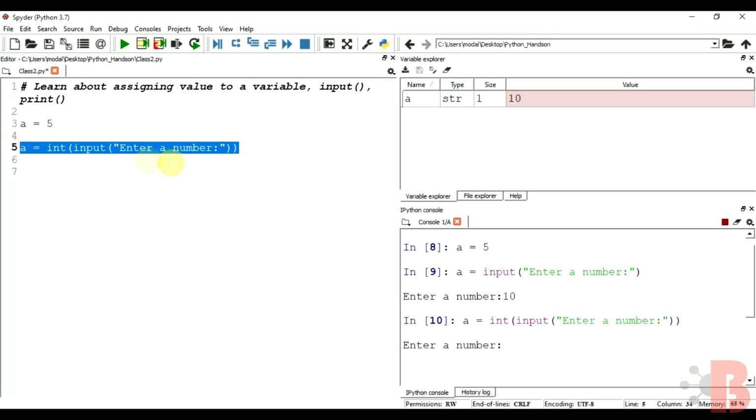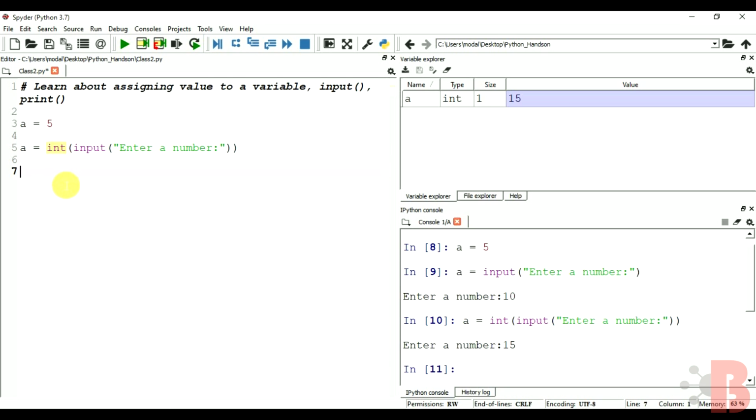So let's enter here. Now I am typing 15. So now look at the output here. Variable name is a, value is 15, but the type has become integer because we added a function here to convert the output of this input function to integer.